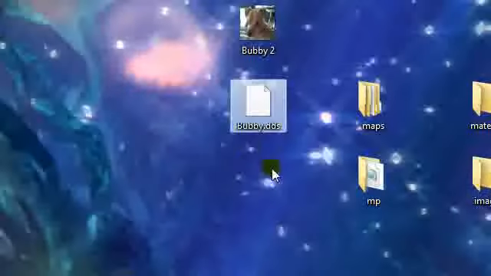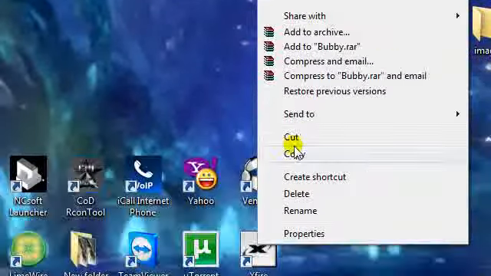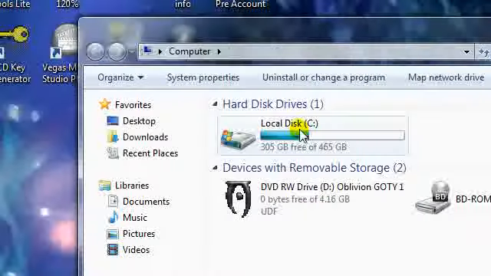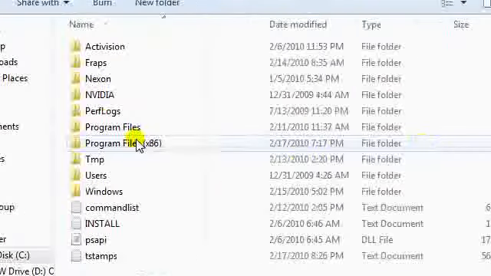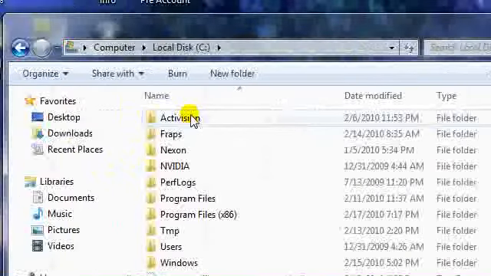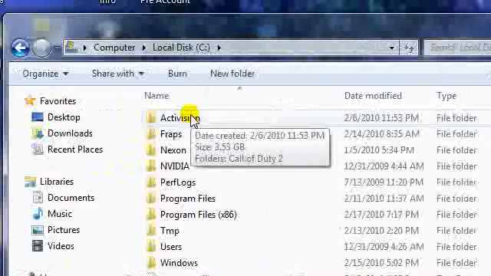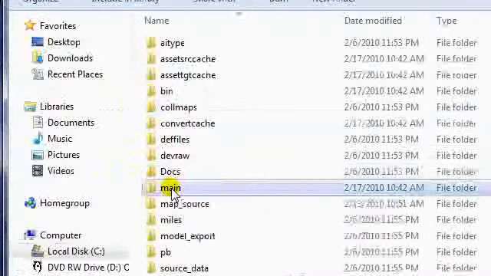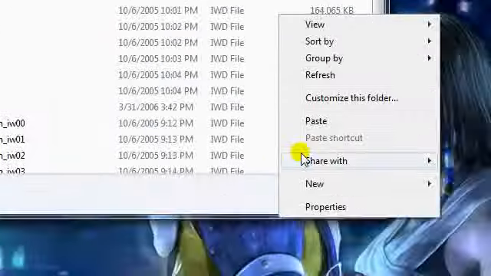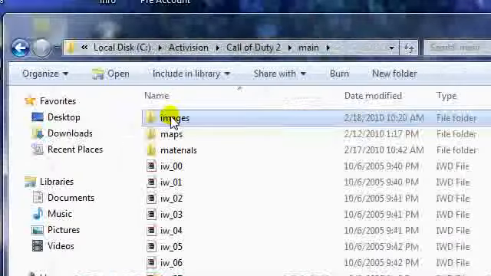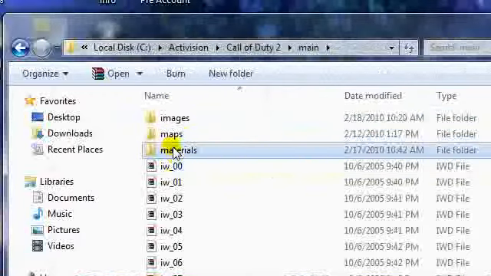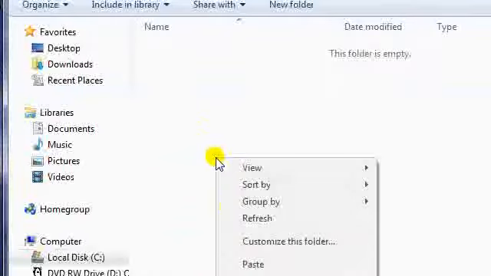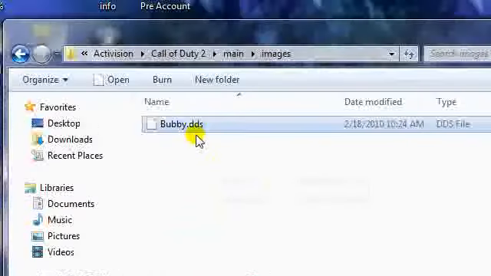Well, we're still not done. After you get that, you need to go to Cut, go to where your COD2 is located. Most of y'all's will be in Program Files, Activision COD2. I have a separate version to map with, so I'll click Activision COD2 and go into Main. You need to make 2 new folders in here if you don't already have them. You need one to be Images, just like this, and one to be Materials, just like this. After you've made those, double click Images, paste this .dds file into the Images folder, then press back. Go into the bin,